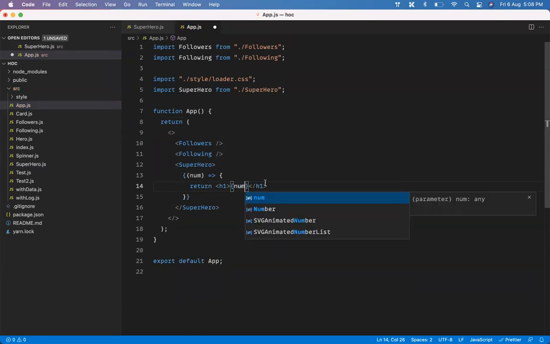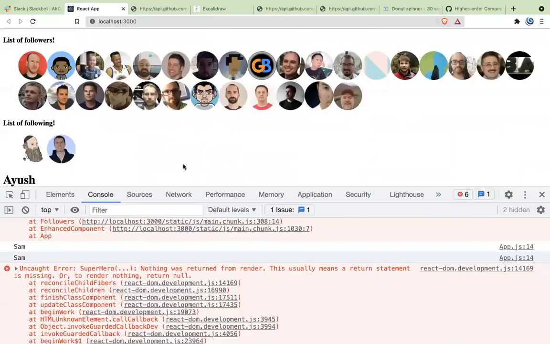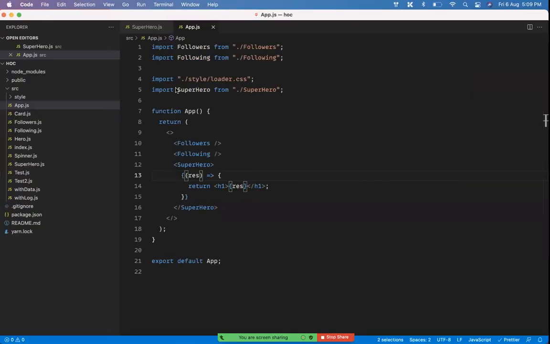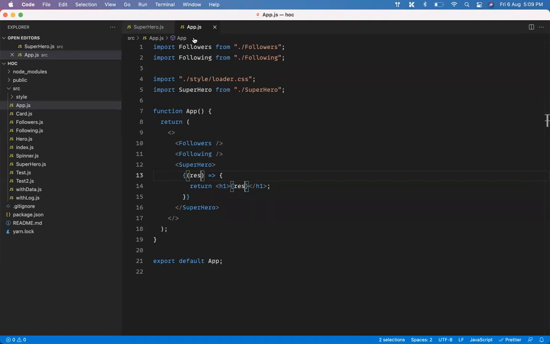And I can call it num, or num is not a good name. So let's call it something like response or whatever. You see, I use it from here. Coming from where? So what I'm doing is I'm able to share this state from here to this component. That is all I'm doing. And what they can do is they can use that state and display it in whatever way or form. It doesn't matter.